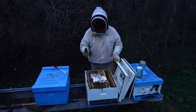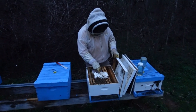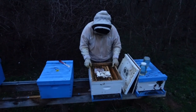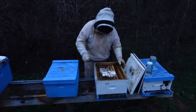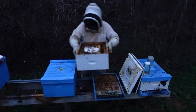Okay, ladies and gentlemen, sorry about that. We got our cell installed into this colony. We put some pollen supplement on it, and we also left that sugar brick on, and we're going to put a feeder rim back on just to give us some extra room in here. Actually, I don't have a liquid feeder for this colony, so I'm going to take this colony loose very gently, take it off the bottom board there,